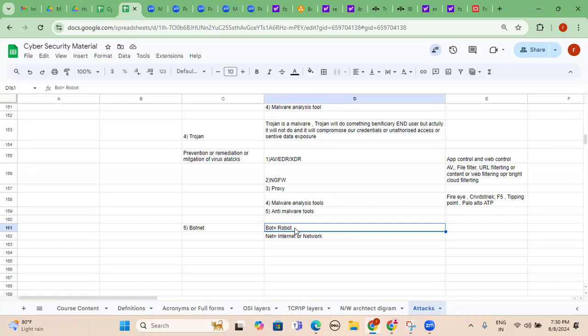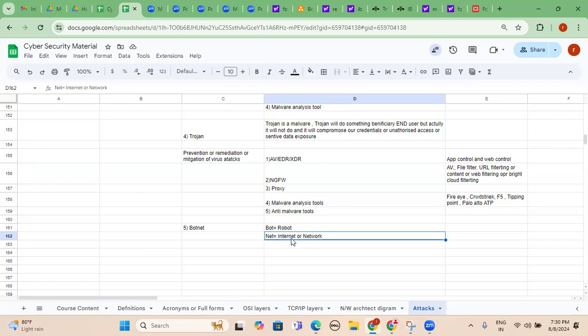Who controls them? Obviously the bot herder. The bot herder is like a hacker or attacker. He will try to control our machines through command and control. And net is nothing but either internet or network. Botnet's full form is either robot network or robot internet.